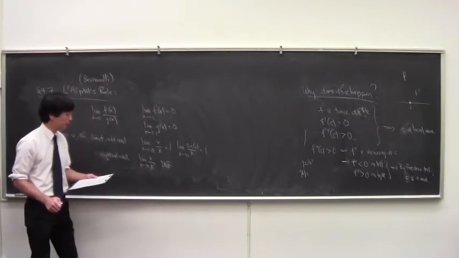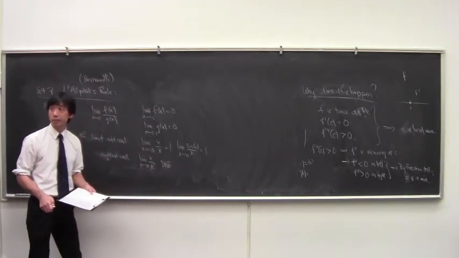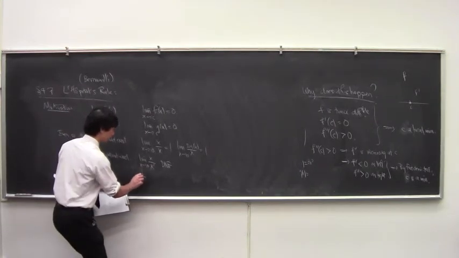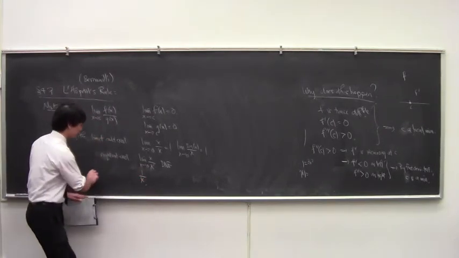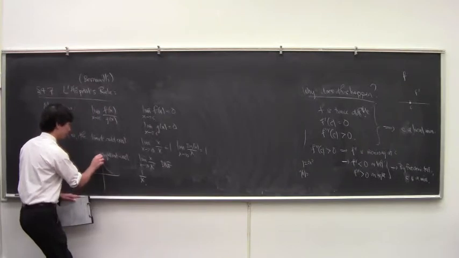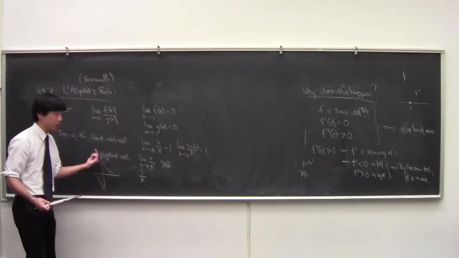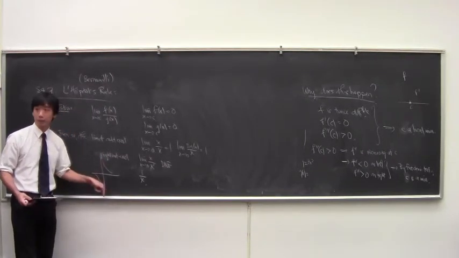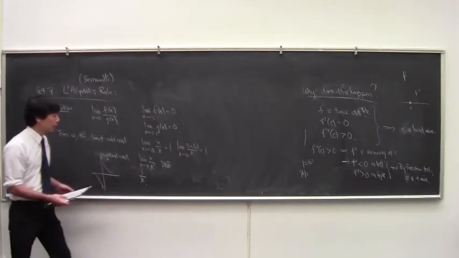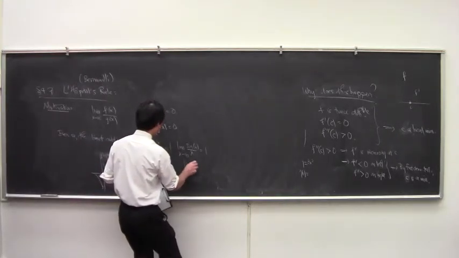Limit doesn't exist, right? Because it's 1 over x, right? As x goes to 0, the 1 over x function goes to positive infinity from the right, negative infinity from the left, right? Or you could have something like this,